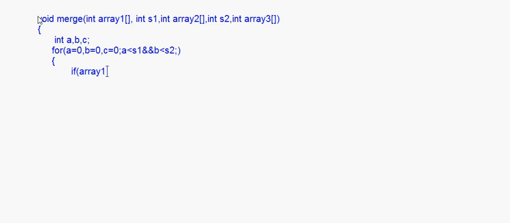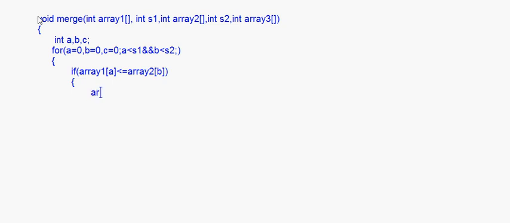Now inside this, you give the if conditions. If array1[a], here we want it in ascending order, array1[a] less than or equal to array2[b], this is the if condition. If the element in array1 is less, that means that element has to be put.